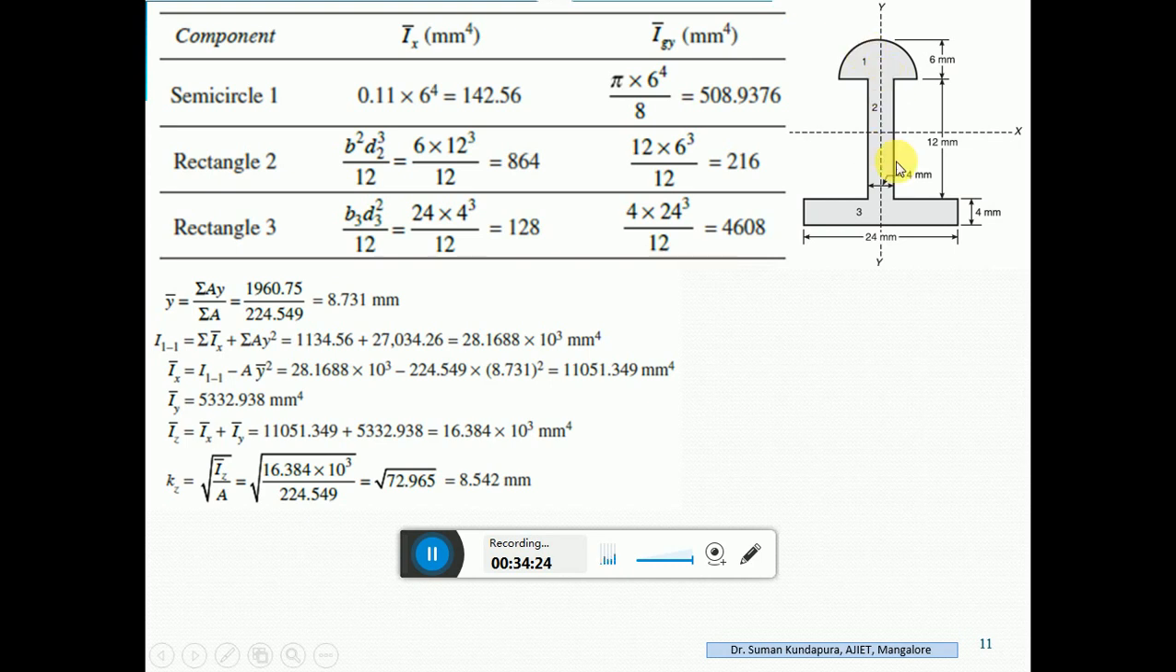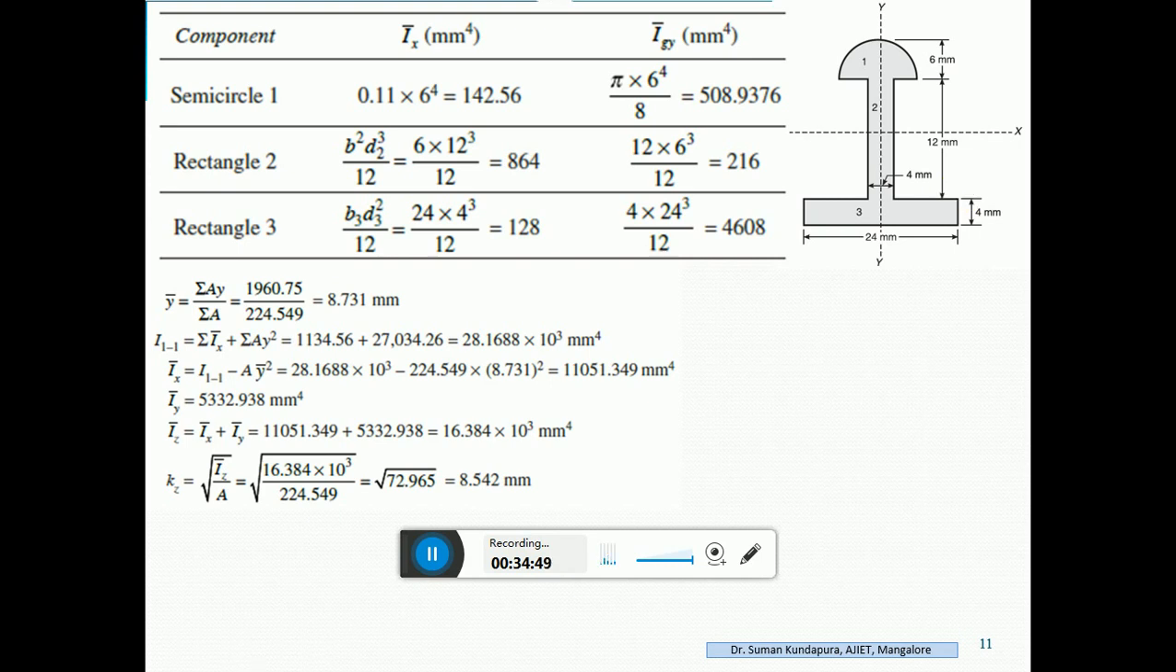Here there is a mismatch. Here it's given b is 4 and here it is 6. So whatever b is given, you take. bd cube by 12 is equal to so much. For the third rectangle, b is 24, d is 4,